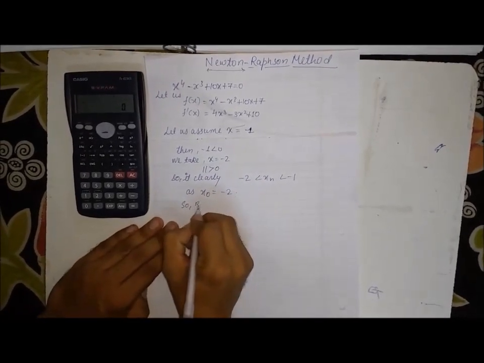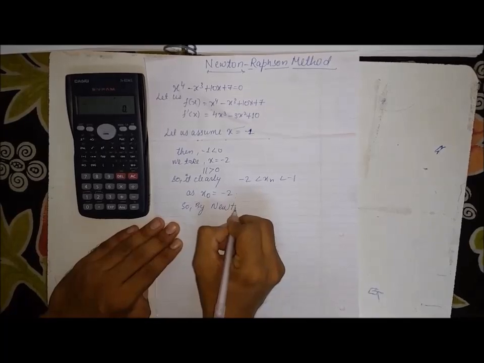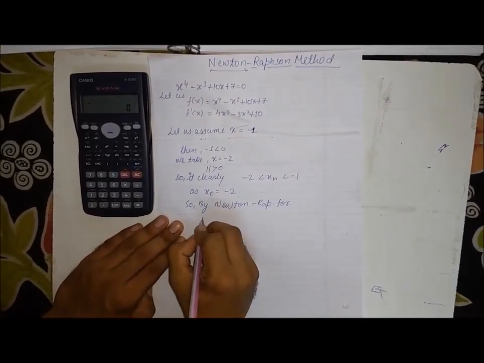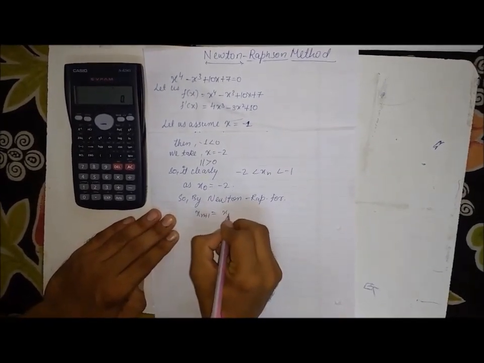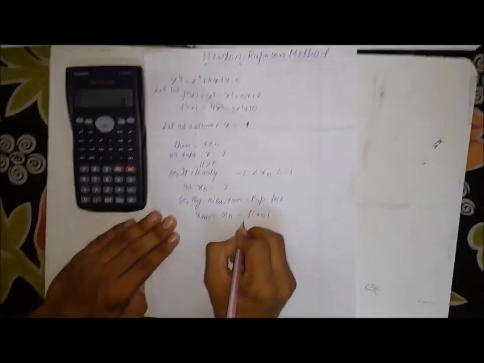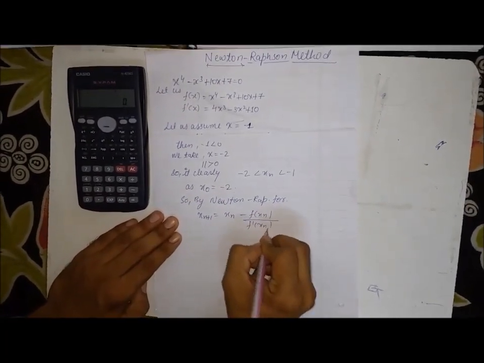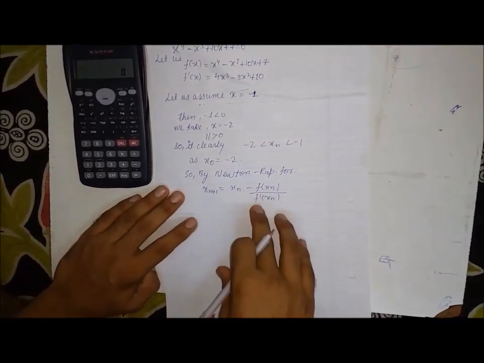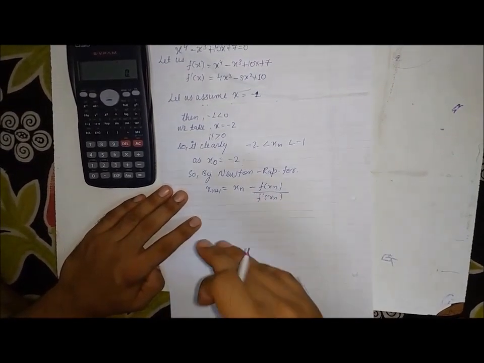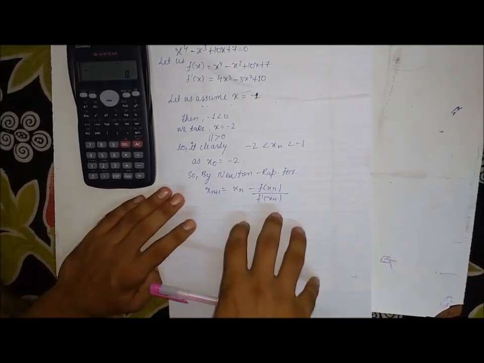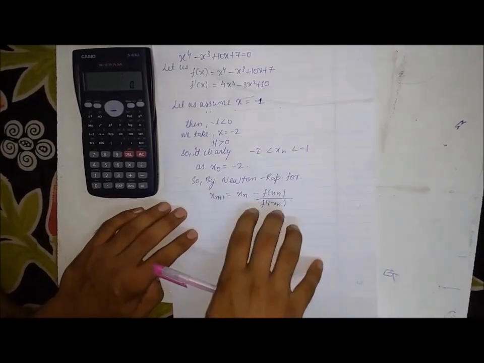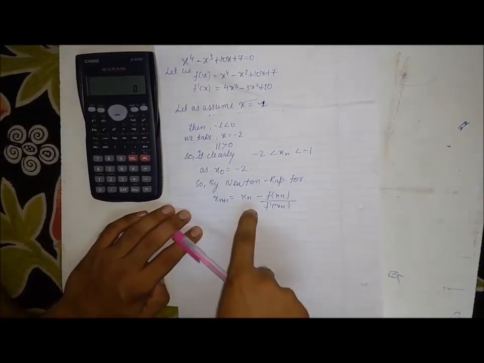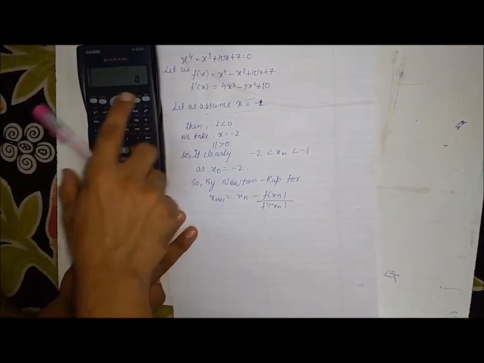So by Newton-Raphson formula, if we apply the value of x0 in this, and then we have to calculate the other values x1, x2 and x3 in the same manner, which will be a lengthy process. So not going in this method, I am going to teach you how to find the whole answer just by using this 82 ms calculator.